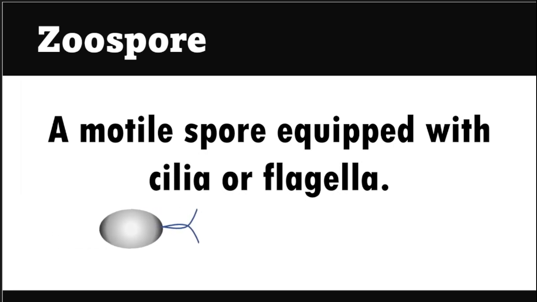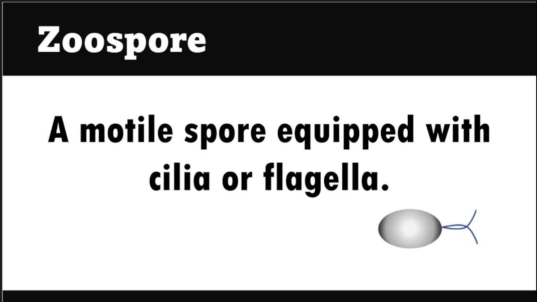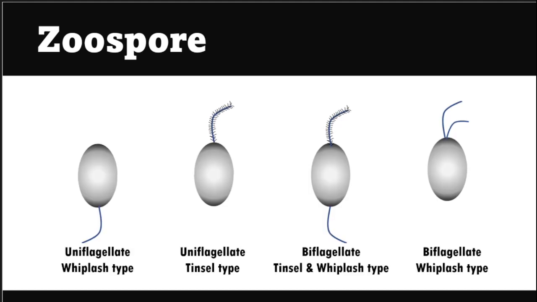What is a zoospore? A zoospore is nothing but a motile spore equipped with cilia or flagella. It is a locomotory structure which helps the spore to swim in its surroundings. Based on the nature of zoospores, different types of zoospores can be seen in fungi, and they have been classified like